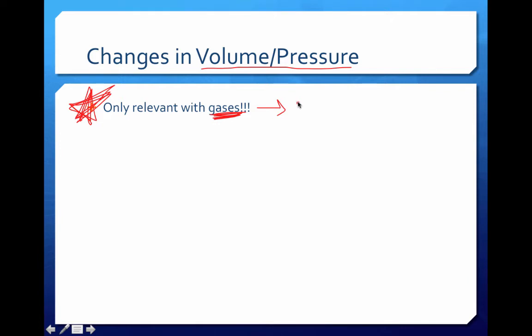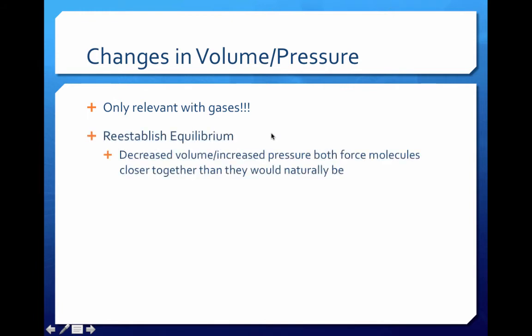These types of changes have no effect if there are no gases present. So keep that in mind. It's a neat little booby trap we can put into questions sometimes. So, now that we've established that, when you change things like volume and pressure, let's talk about how that reestablishes